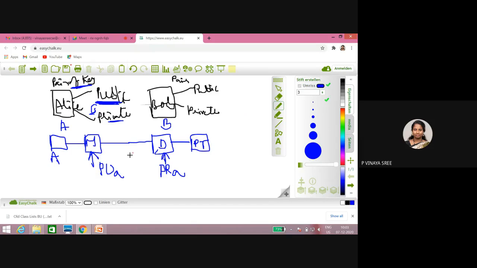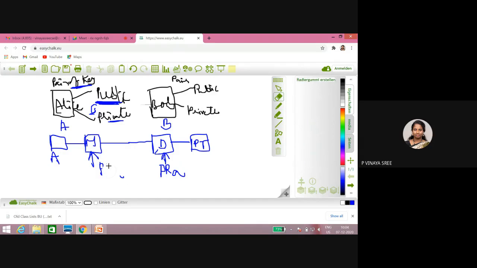Now let me consider, it's not compulsory that I have to use the public key of A only. I can use the public key of A, or else I can use the private key of A. It depends upon what type of service you want to apply for your security. If you want confidentiality or authentication, based on the type of service you want for your message, the corresponding key will be selected. I will explain that later, but try to understand. If you are encrypting with the public key of A, you have to use the other one, the private key of A only. You should not go for Bob's public and private key. That you need to concentrate on.